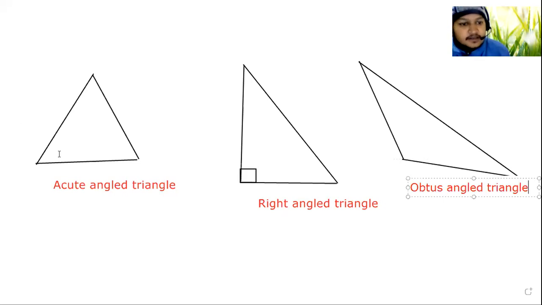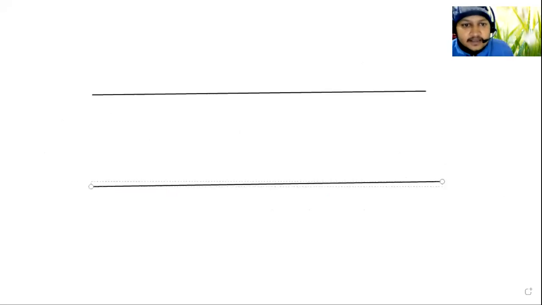The other thing we have to discuss is that for any type of triangle, scalene, isosceles, or obtuse angled, the sum of all angles is 180 degree. भित्रका सबै एंगलहरु एड गरेर 180 degree नै हुन्छ. For an isosceles triangle, two angles are equal, and for an equilateral triangle, all angles are equal. Except that, for parallel lines, if the distance between two lines is always equal, at that time we say they are parallel to each other.